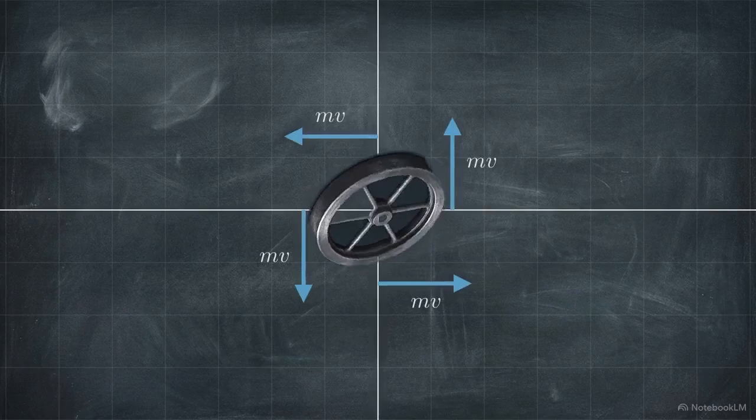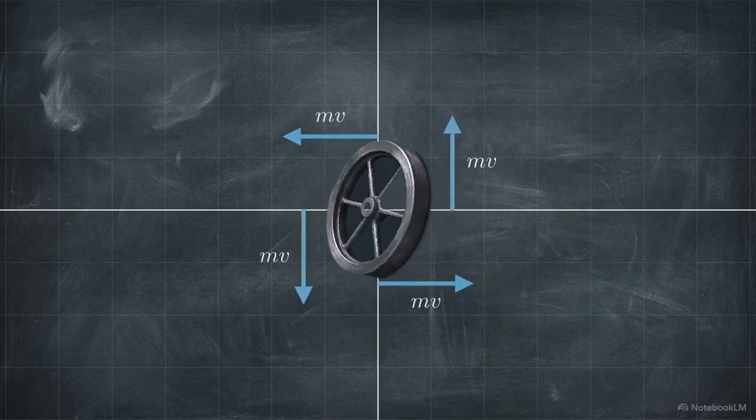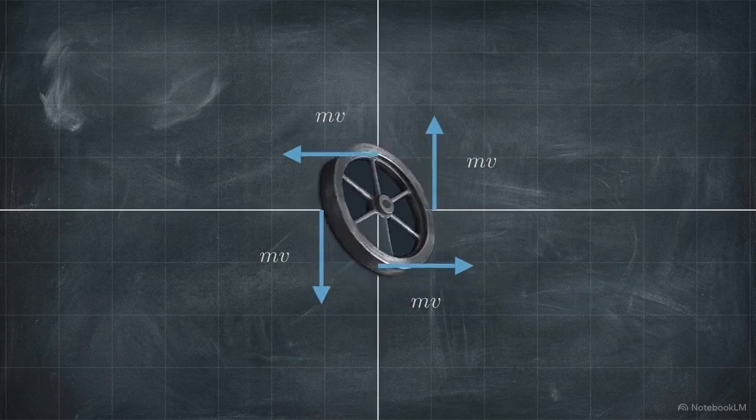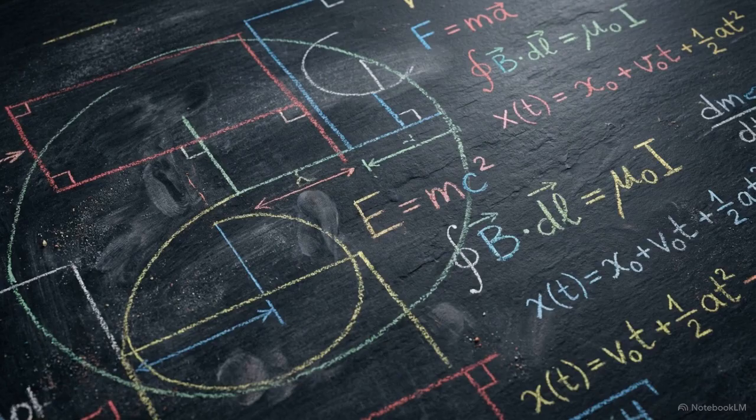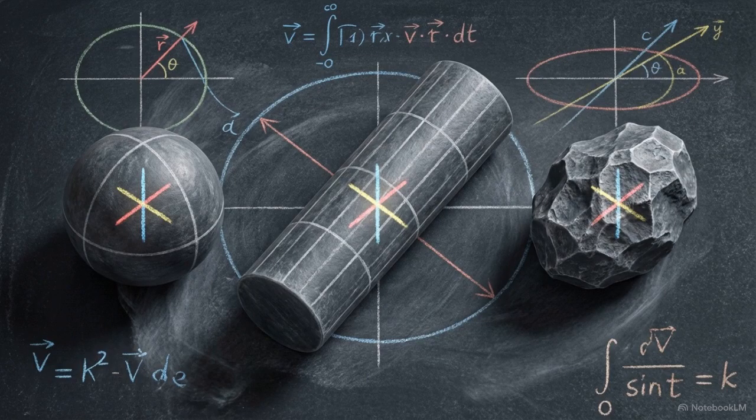But apply these linear vectors to a spinning wheel, and you encounter a mathematical problem. The outward vectors perfectly cancel each other out to zero. Momentum functions as the universe's geometric accounting system, tracking the persistence of motion through straight lines and spinning arcs alike. To track these complex interactions, we have to uncover the hidden accounting that keeps the total quantity of motion constant, regardless of the system's shape.